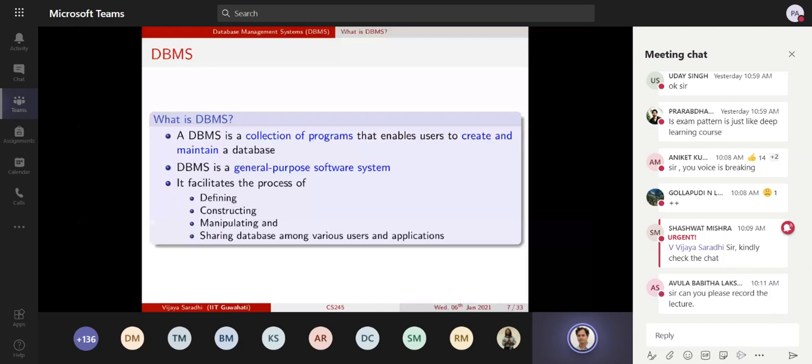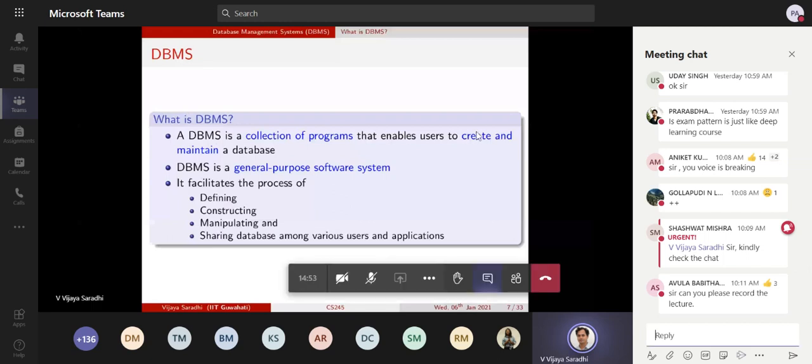And what is database management system software? It is a collection of programs that enables users to create and maintain tables. For a minute, you can exchange the word database with tables. So you have a collection of tables, and a collection of tables is the database. Tables are collections of columns and rows, right? And what you are playing with is operations on such kind of